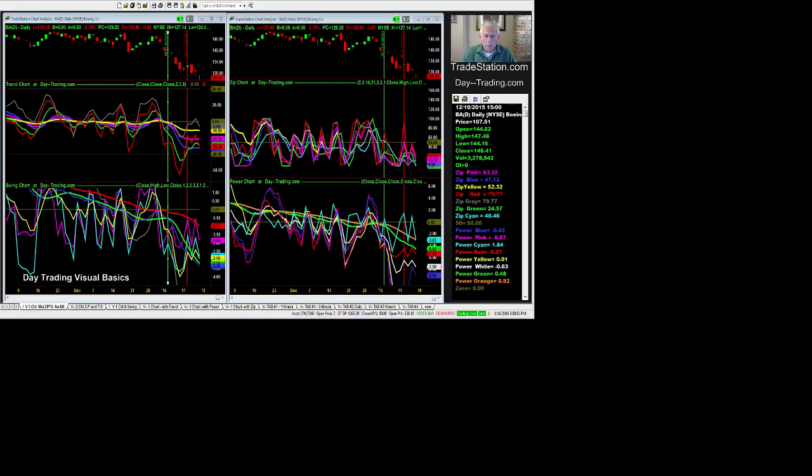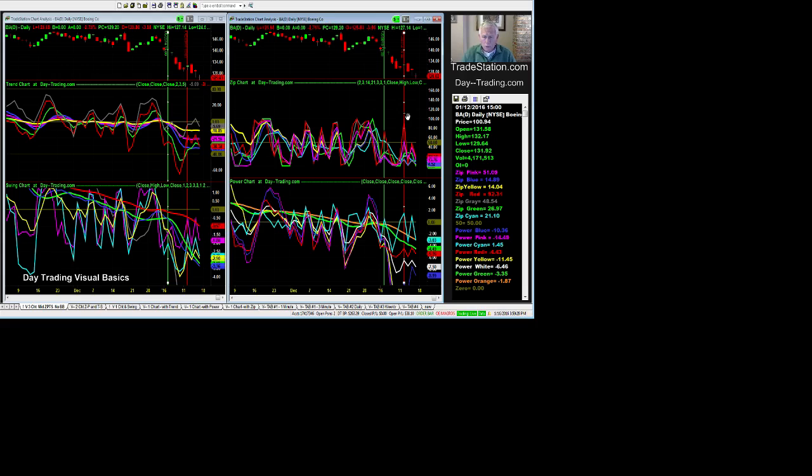In this video, I'm going to be talking about a normal red peak. And I've got two examples here. I'm in Boeing, BA symbol, and we're in January of 2016. I've got a red vertical line here on the right, a green vertical line on the left. The red vertical line has a zip red peak at 92, and one thing that you want to watch out